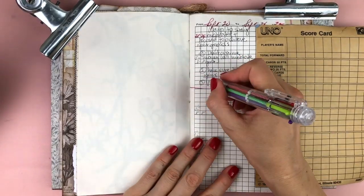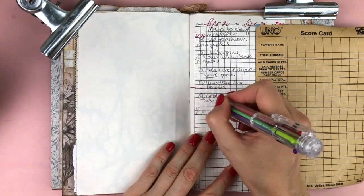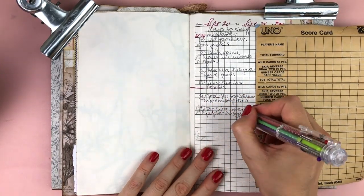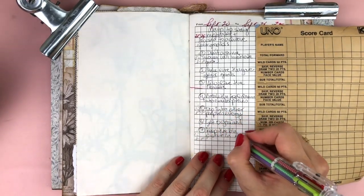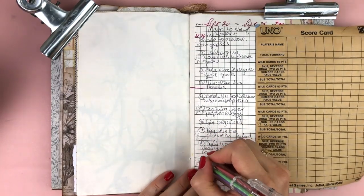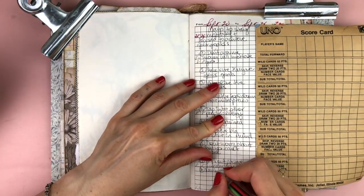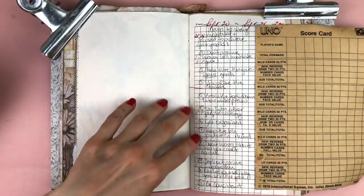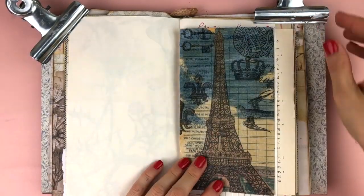So 1 was, don't assume money will motivate you. 2, make sure they are your goals. 3, visualize the results. 4, break the goal down into smaller pieces. 5, tap into other people's energy. 6, get organized. 7, keep the big picture in mind. 8, don't worry about what you can't control. That's a really important one. 9, seek out positive information. 10, remind yourself why you set the goal. And 11, be consistent. So a lot of these sound very obvious, but I think it doesn't hurt to be